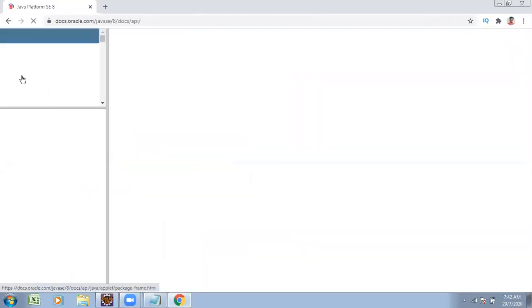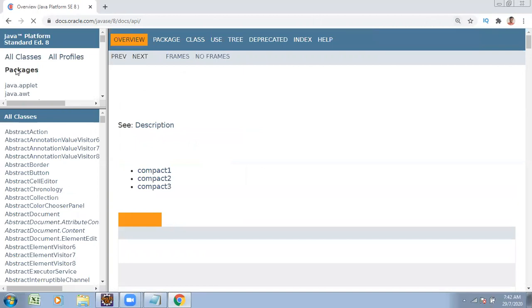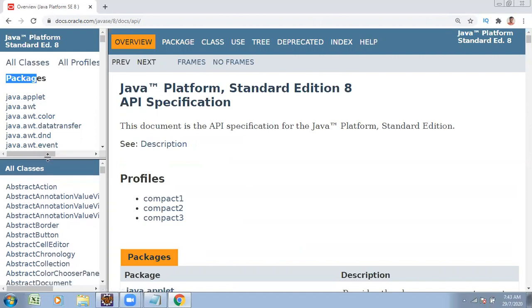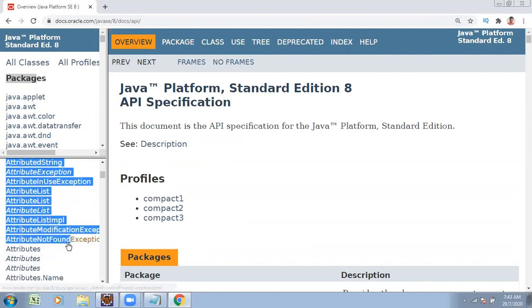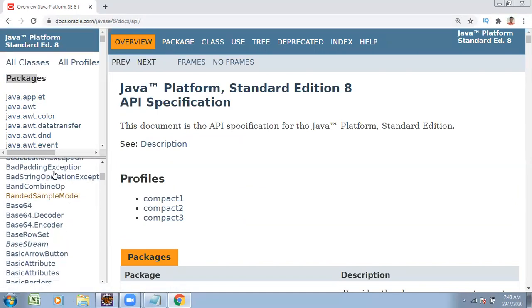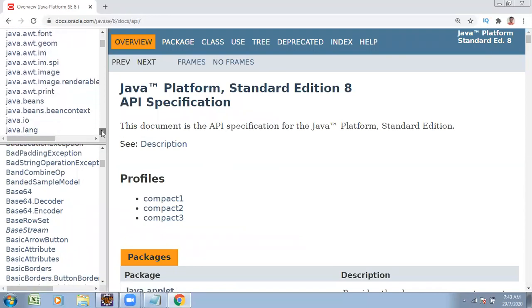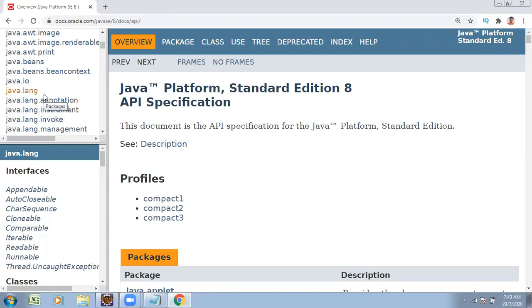See once, on the left side you see n number of packages. In our application also we are going to create packages. A package is a collection of classes and interfaces. Java people created this many classes and interfaces, so I want to discuss them one by one, starting today with the java.lang package. Under the lang package, we see n number of classes.